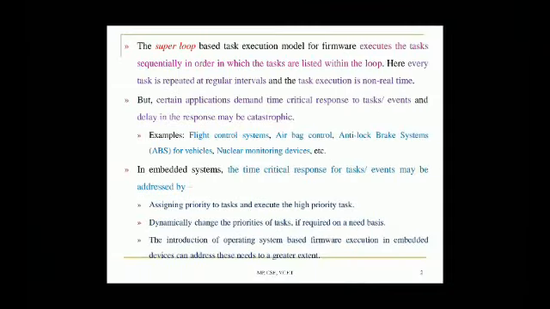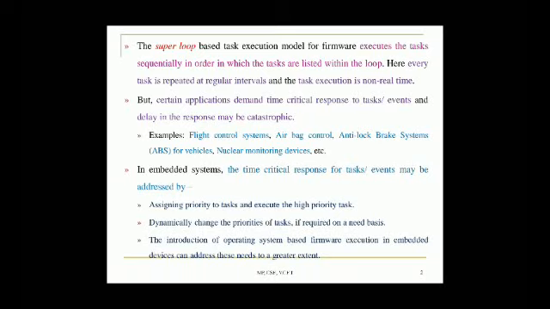But here we have a problem. The problem is that the responses are not in real time. In this particular method, the executions are purely non-real time. I mean that certain applications demand time-critical responses, so unless the response is received, it won't go further for execution. A delay in receiving the response may lead to a delay in the execution of the next immediate task. That is the point to be considered.